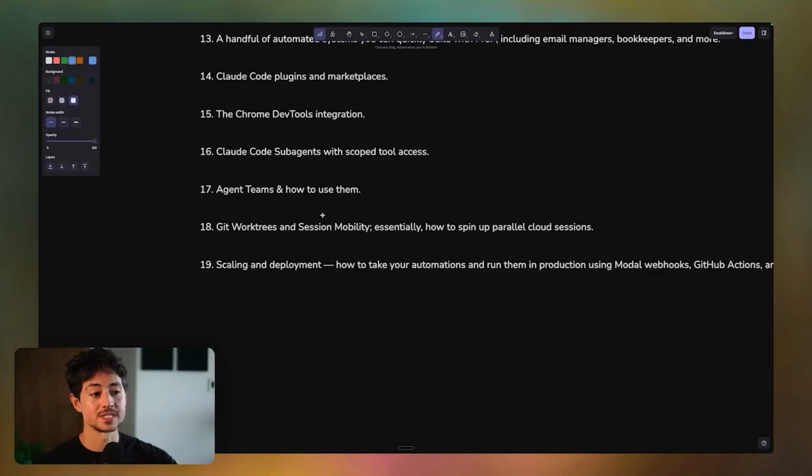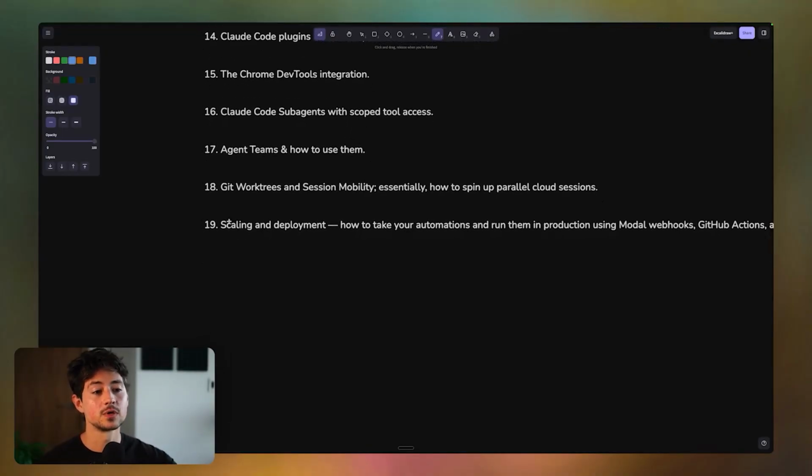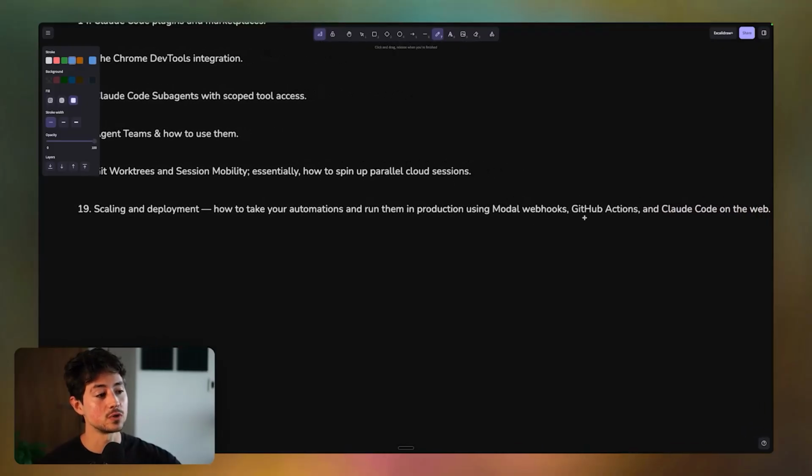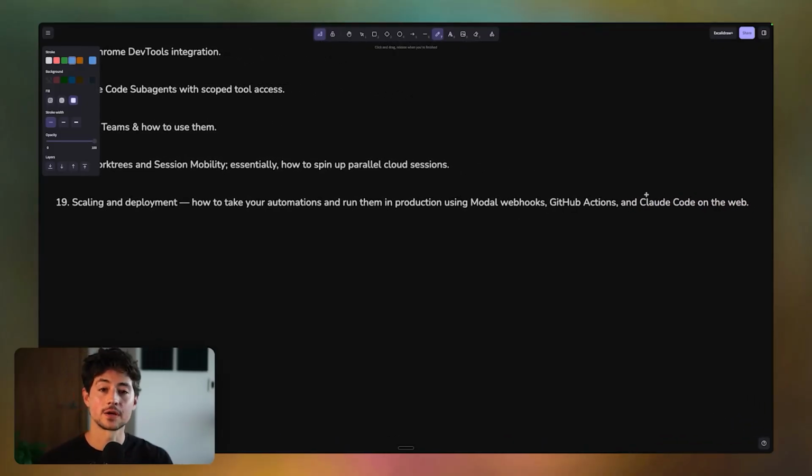And then Git work trees and session mobility, which essentially will allow you to spin up parallel cloud sessions without a lot of the downsides and issues that things like ClaudeBot or OpenClaude have unfortunately resulted in. Finally, we'll cover scaling and deployment, basically how to take your automations and run them in production using modal webhooks, GitHub Actions, and Claude Code on the web. So we've got quite a lot to cover. Let's just dive right into it with the first, which is how to set up Claude Code as a total beginner. So the